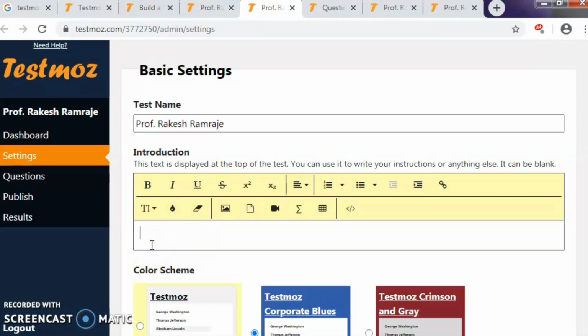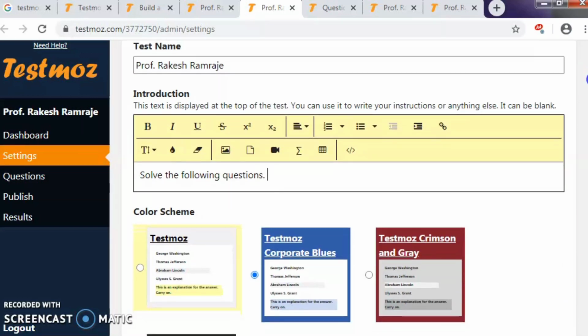Afterwards, in the introduction, you may give the heading of that question, that is solve the following questions, fill in the blanks or true or false. Such a type of introduction you may give into that introduction heading. Then the color scheme: which color you want for the background of your test, you may choose out of these 4 options.